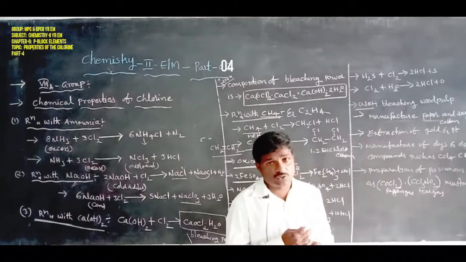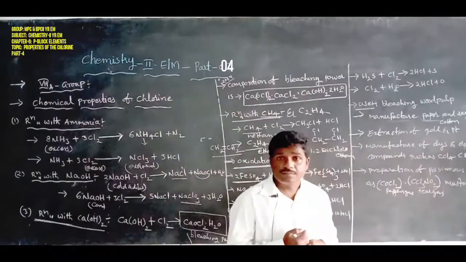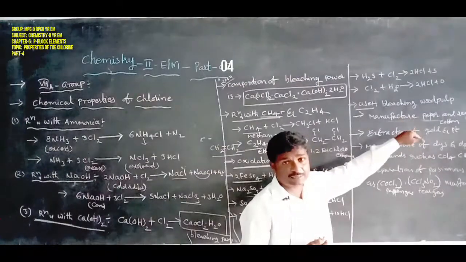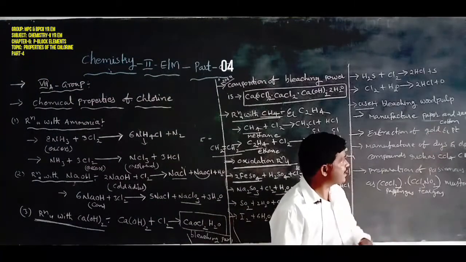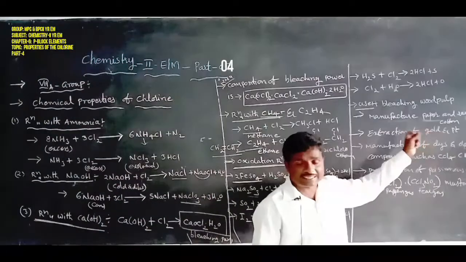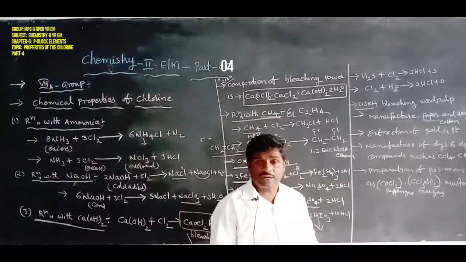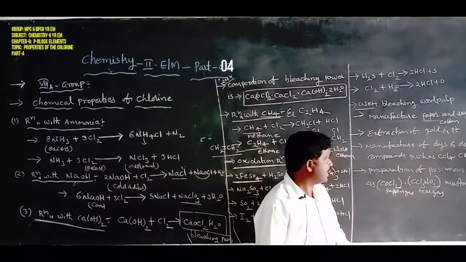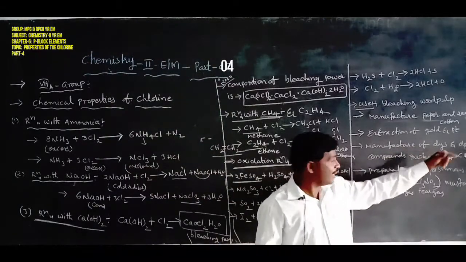Chlorine is also used for the bleaching of wood pulps and the manufacture of paper, rayon and silk industry, and the cotton industry. Next, chlorine is also used for the extraction of gold and platinum. Next, chlorine is also used for the manufacture of dyes and organic compounds